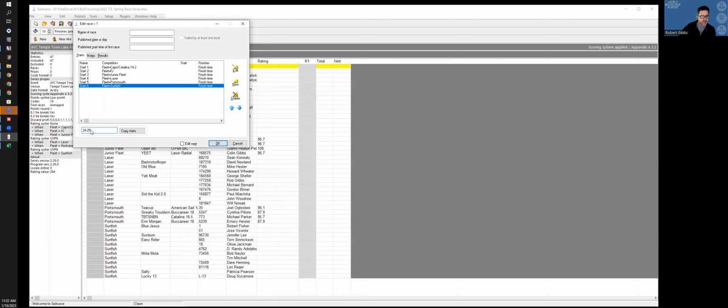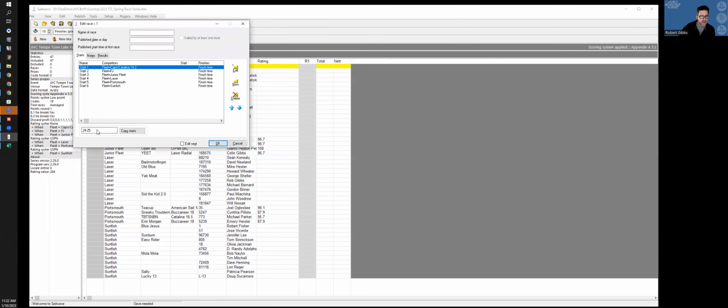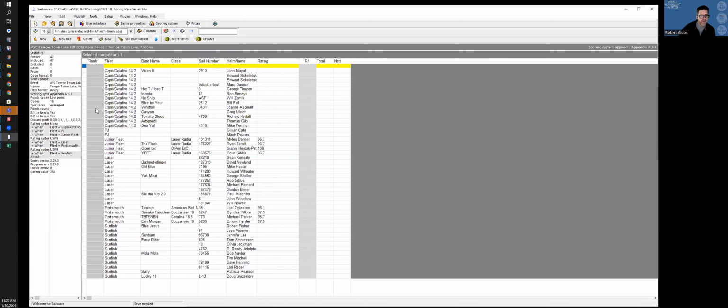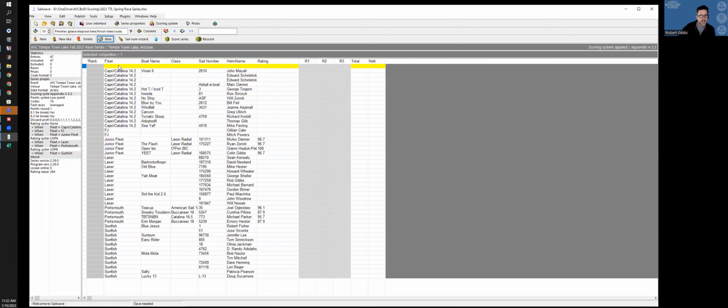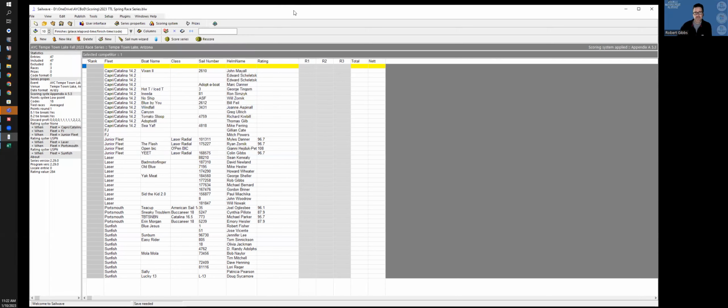So now we hit OK. And so it saves, and we go back, and I happen to know that there were 3 races. So new, add 2 races, okay, edit race, and it assumed the same starts for race 2 and race 3. Okay, so now our file is ready, and I'm going to save again. So Control S that time. Now our file is ready, and we can collect our